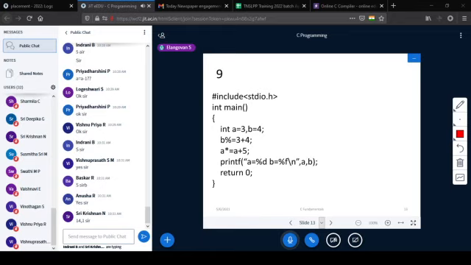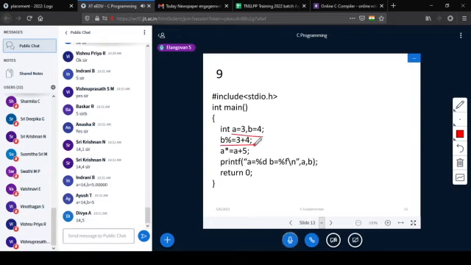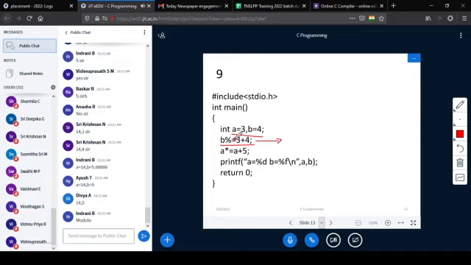Now coming to this, A and B are initialized as 3 and 4. Here B modulo equal to 3 plus 4. What will happen? Will this pass an error? Which has the higher priority? There are two operators now, modulo equal to and plus. Is it modulo? The operator is not modulo, my dear friend. It is modulo equal to. So which has higher priority?